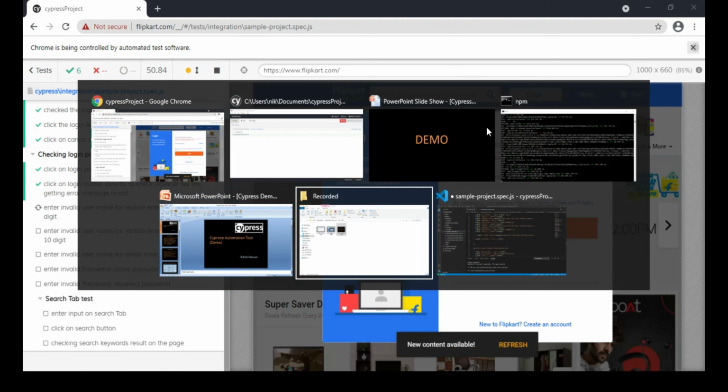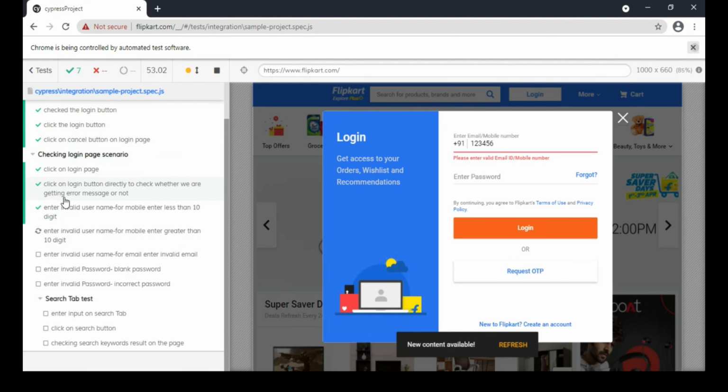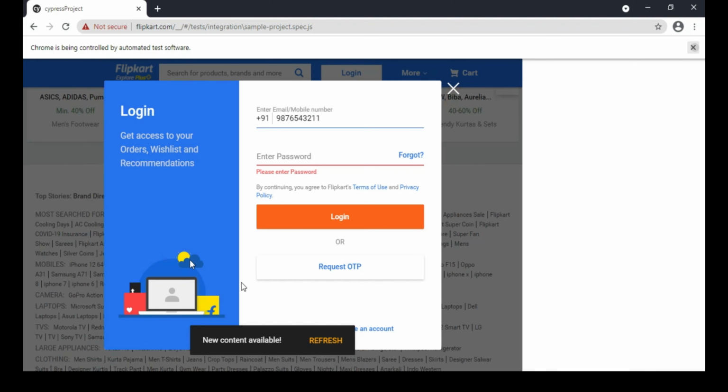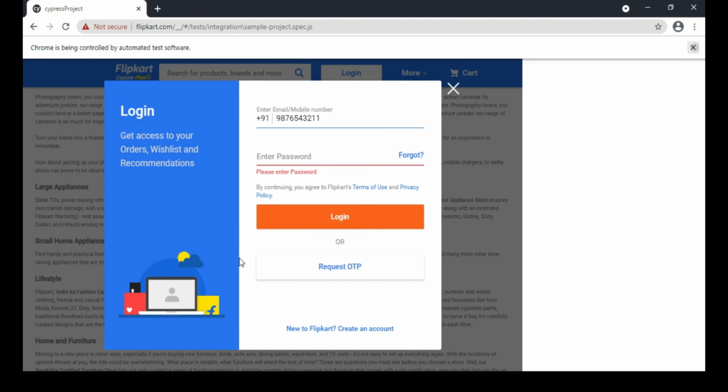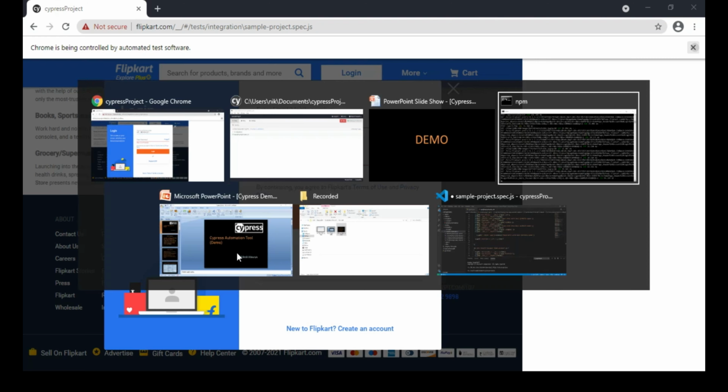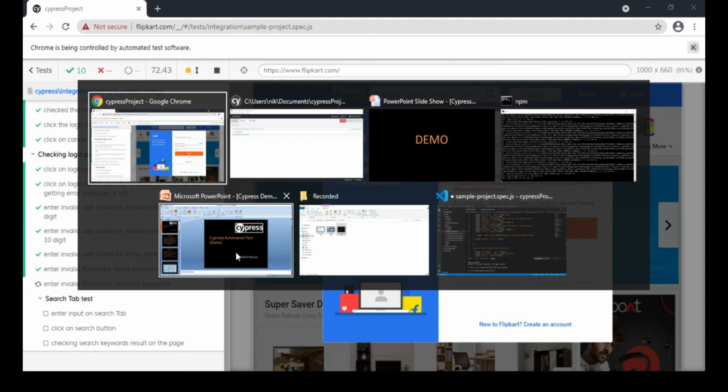Now you can see all the test cases are getting passed. Invalid cases, content available, to refresh. It is very quick, I need to just switch the tab to get it.